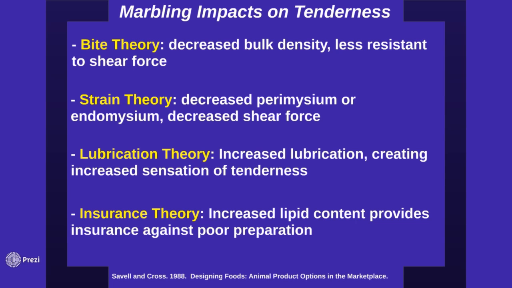And so it may prevent overcooking, or if they do overcook that steak, those lipids, through the lubrication, bite, and strain theories, allow that tougher protein to still seem more tender than if they had gone out and purchased that $4 steak from Golden Corral that was a Trace or practically devoid, standard quality steak. So